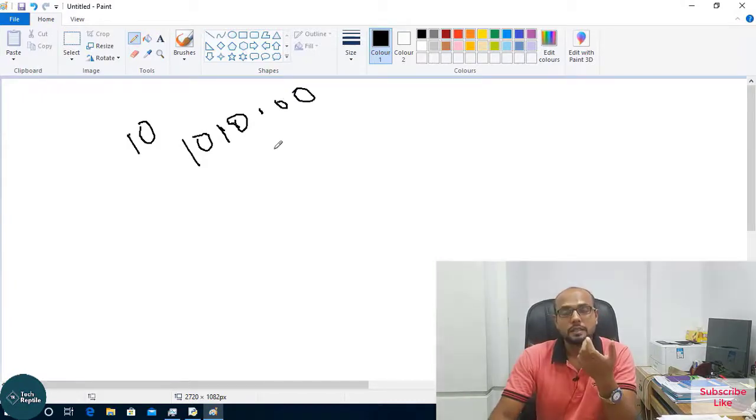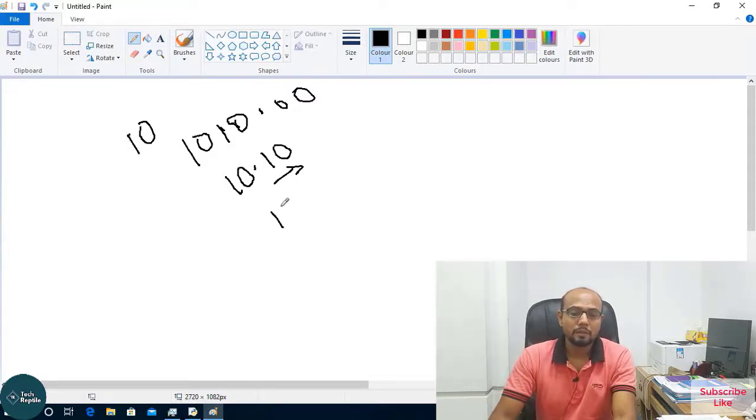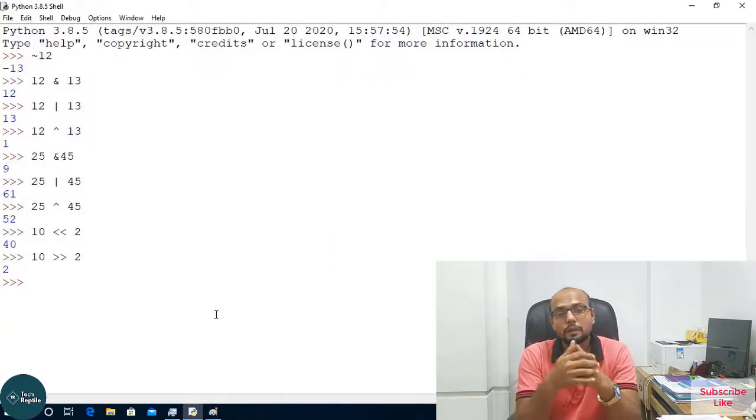If I shift by 2 bits, I will get 10.10. That means I lose 2 bits, and after losing 2 bits I get only 10, that is 2. That's why when we right shift 10 by 2 bits, we get only 2. When you do scientific calculation, this will be useful there.